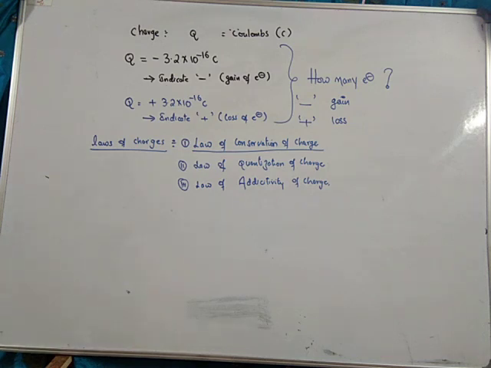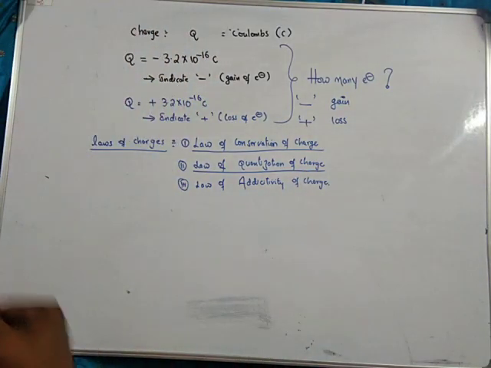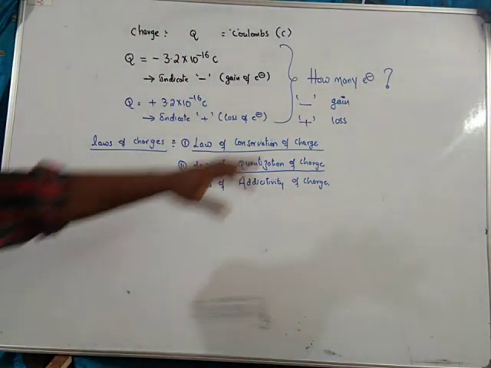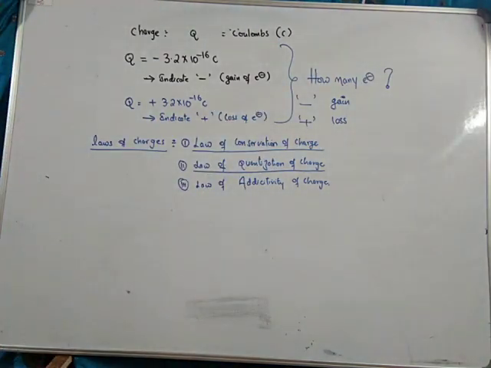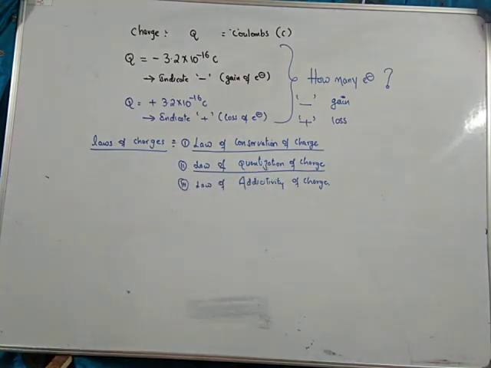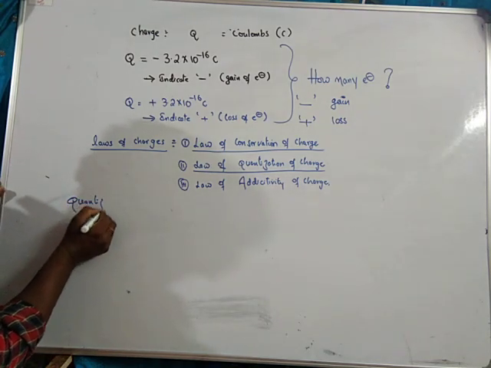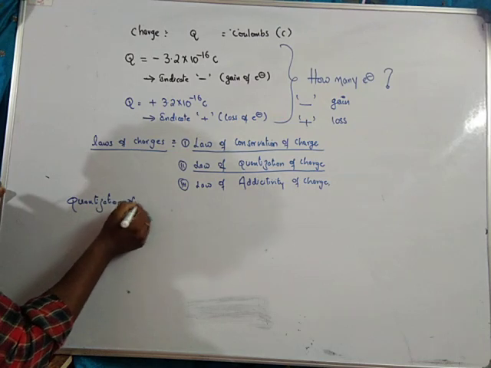Now we will define the second one. If you create this definition, in the previous concept we defined how many electrons, we arrive at the question, is there a loss or is there a gain. It will be clear by using the concept of law of conservation of energy. Sorry, the second one, law of quantization of charge. So what do you mean by quantization of charge?